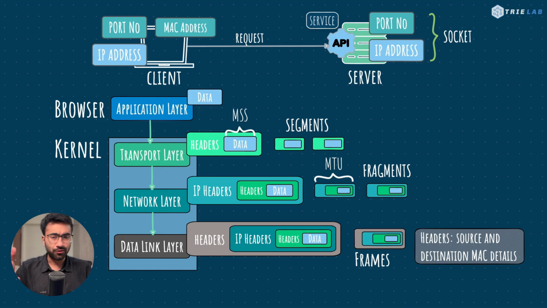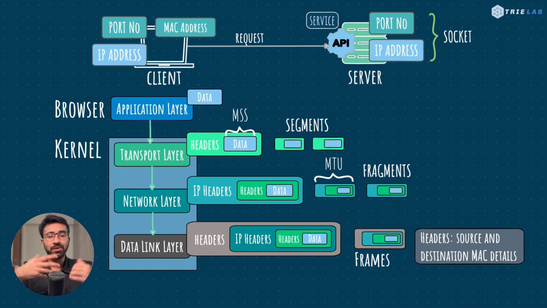So just to recap what we have discussed so far, the application layer formats the data and passes it onto the transport layer, which adds headers to identify what process we want to connect to on the server, and it also has flow control and congestion control mechanisms, which we'll see later in the video. Then it passes it onto the network layer, which adds headers to uniquely identify a particular destination, in this case the server we want to connect to, and then the fragments are passed on to the data link layer, which adds a bunch of headers to signify the next hop in the path to the server.